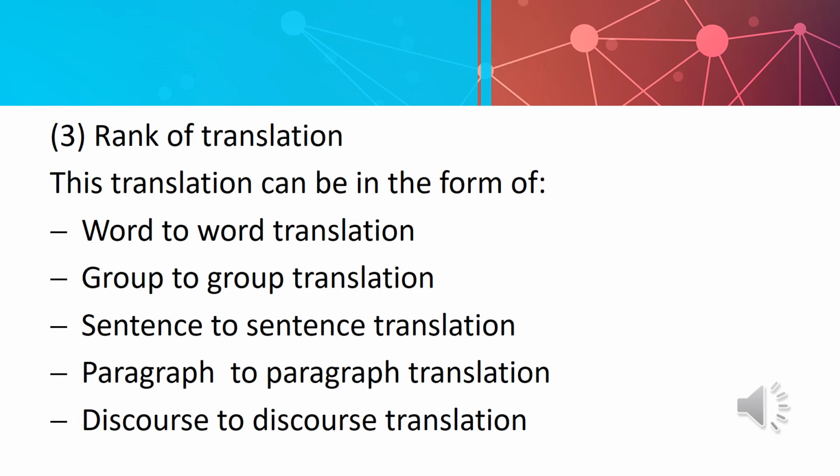The last type is rank of translation. The third type of differentiation in translation, according to Catford, relates to the rank in grammatical hierarchy at which translation equivalent is established. This rank translation can be in the form of word-to-word translation, group-to-group translation, sentence-to-sentence translation, paragraph-to-paragraph translation,